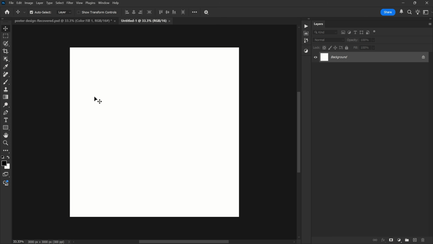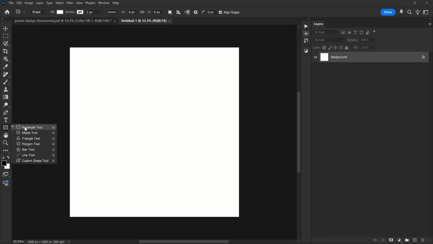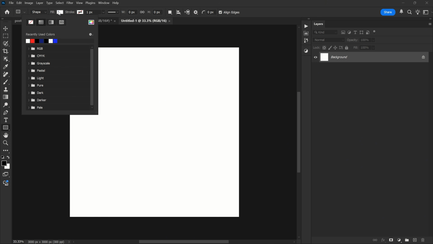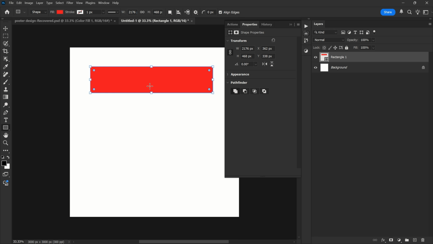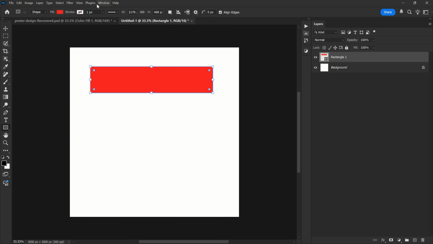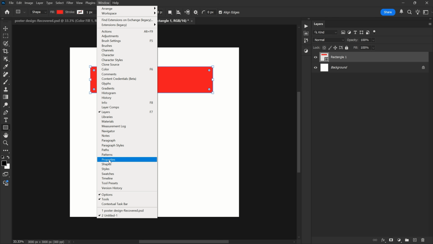Let's go to the Shape tool and select Rectangle tool. Choose red color in the fill. Then create a rectangle shape like this on the canvas. The Properties panel will show up like this. If your Properties panel is not open, simply go to the Window menu, and from there make sure Properties panel